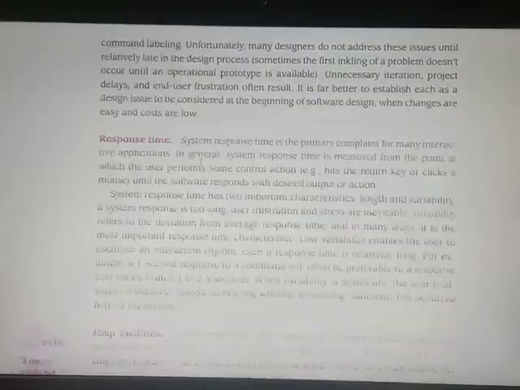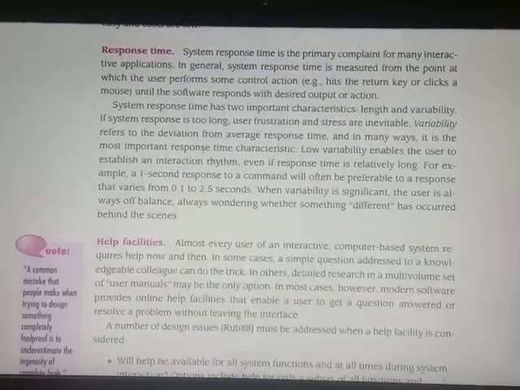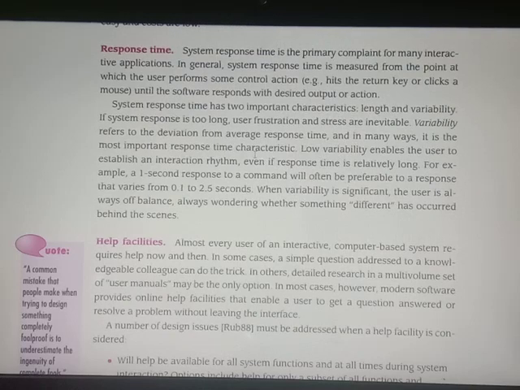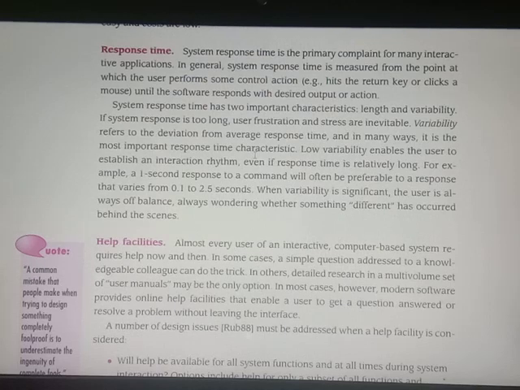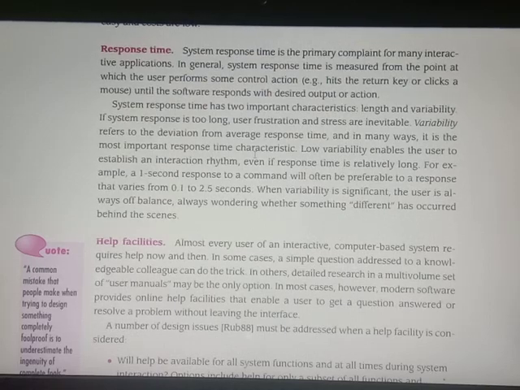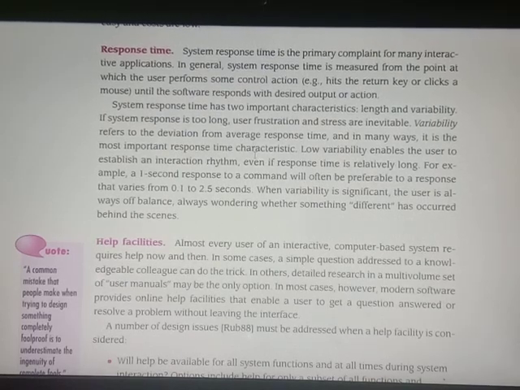The first one is response time. System response time is the primary complaint for many interactive applications. Whenever you open an app or a web application on the computer, the response time must be very quick. If the response time is very slow, users won't use that app or web application for the purposes it is meant for.